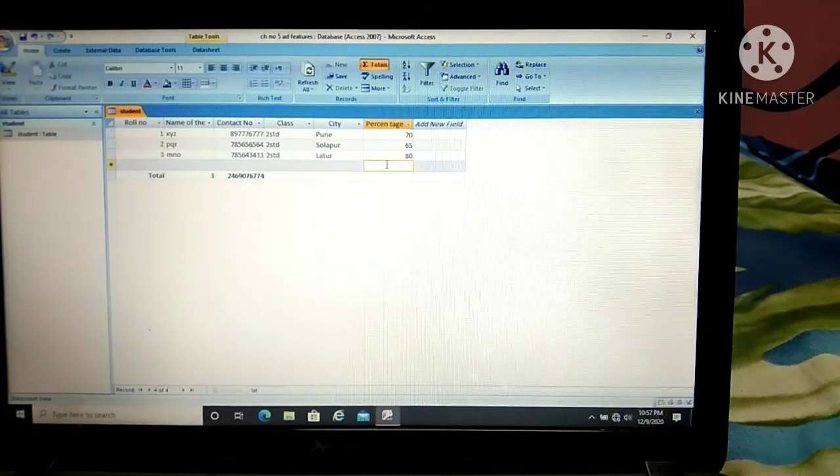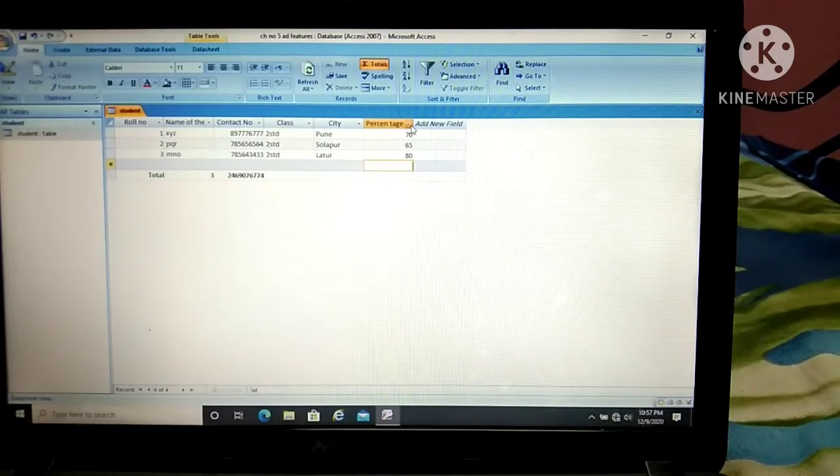Now suppose these are only 3 records. Again I will say, if you have thousands of records and you want to find out the students who are between 70 to 80%, are you going to do it manually? Checking with your pen, yes, this student is above 70, this student is above 80? This is not the way to find when you have computers, right? So here we have advanced filters to set that. So how to do that?